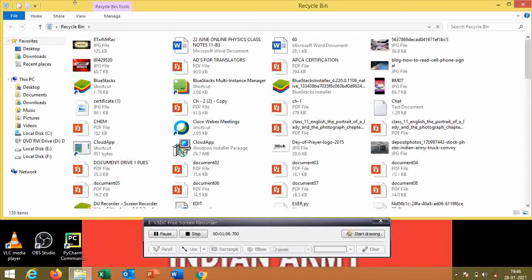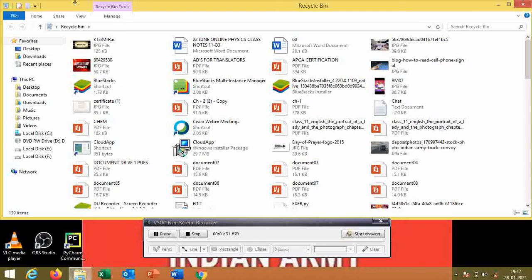Yeah, now we are in the recycle bin, and what is the recycle bin used for? Most probably the recycle bin is used for restoring the data, files, or anything that we want to restore when we delete it accidentally.